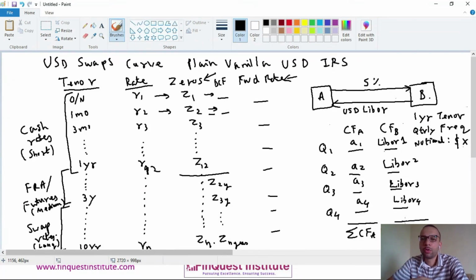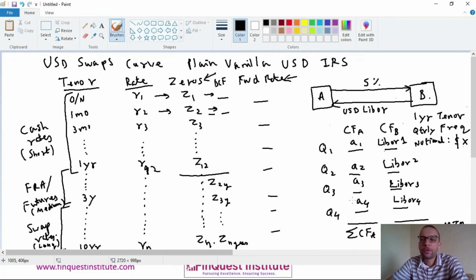Now when we have to calculate the overall MTM of the swap, you have to consider both of these MTMs. For an interest rate swap, we always net these two cash flows. We take a difference between these two, and the difference will give you the MTM of your swap. Now, one small adjustment may be required basis the contract which we are using. If we have a contract like this, a 1 year tenor, quarterly frequency, plain vanilla swap, then we can follow this approach.